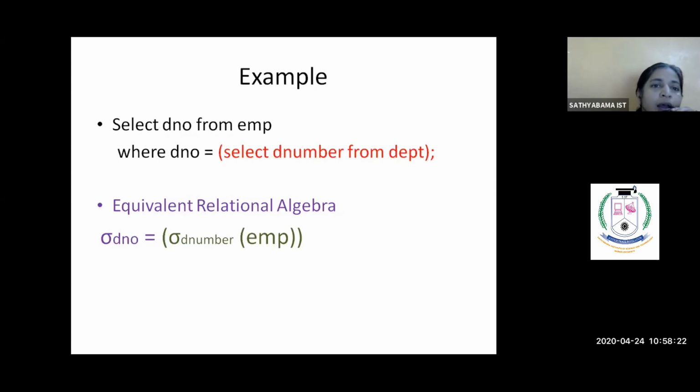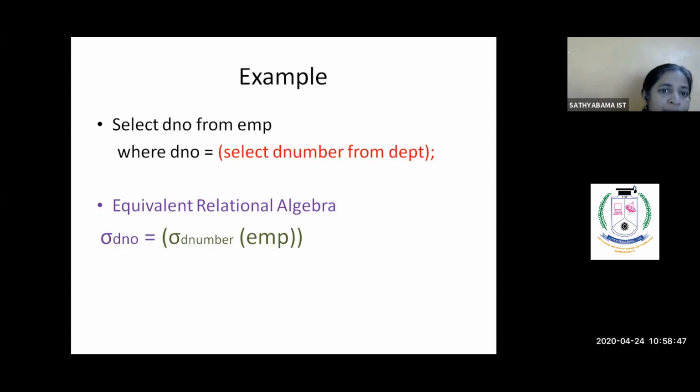Now here we are going to select department number from the employee table. In both the tables you will have department number. In the department table, department number would be the primary key, and in the employee table DNO would be a foreign key, so it is a referential key. That will be fetched. Not all the department numbers will be fetched.